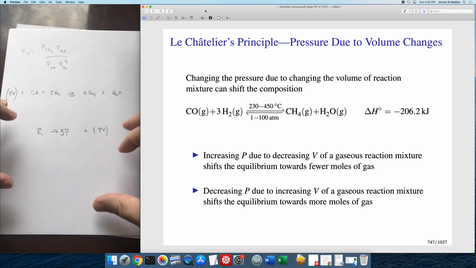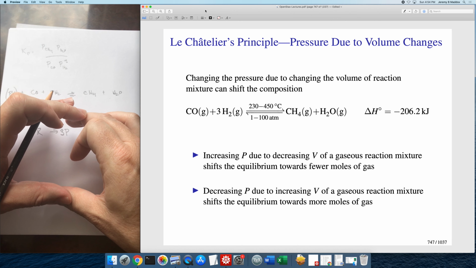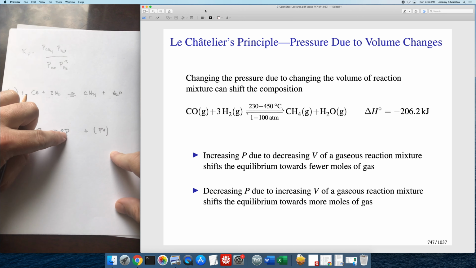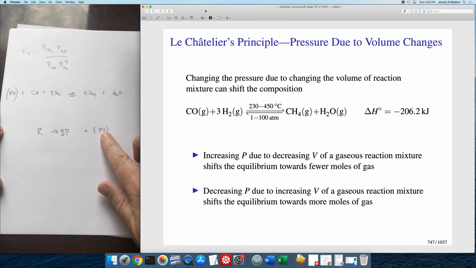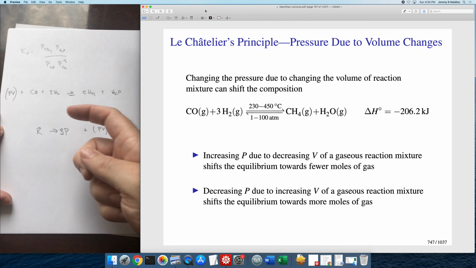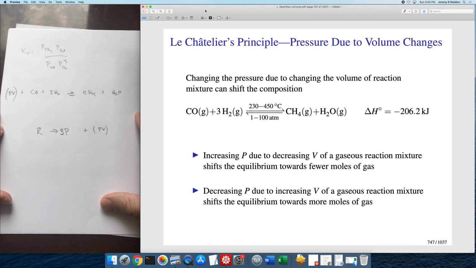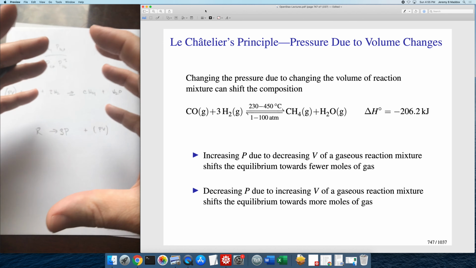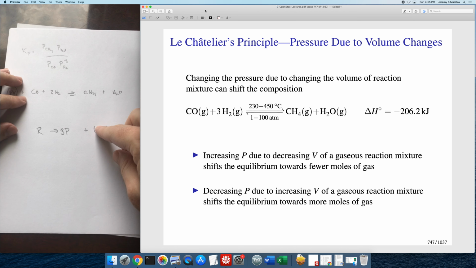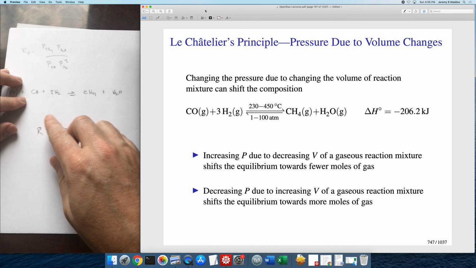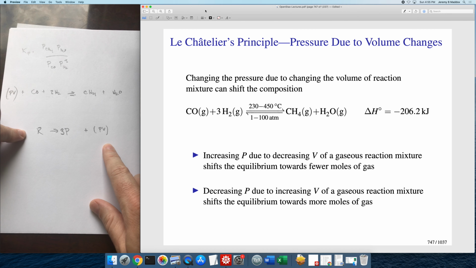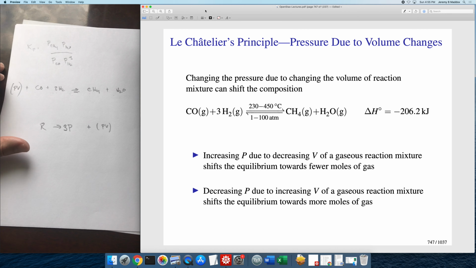Okay, here, if you were to squeeze the volume down, that would cause the partial pressures of everything to go up. The system would respond by making fewer moles of gas. So using this PV term here, if you increase the pressure by decreasing the volume, it's going to push you towards the reactant side. Conversely, if you made the volume bigger, that causes the partial pressures to go down. The system responds by making more moles of gas. That would be like pulling, in the Le Chatelier's principle balancing act, towards the product side for this particular reaction. Okay, so that's how the pressure-volume effect works for